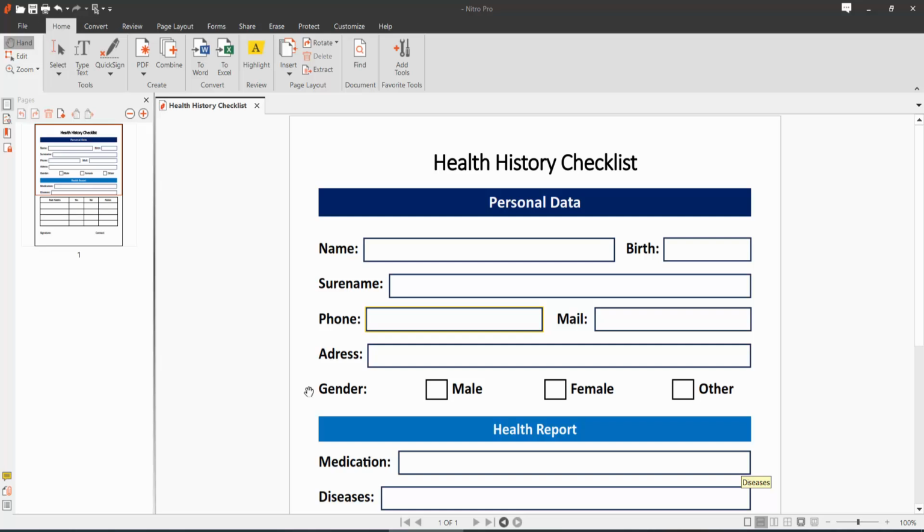Hello everyone, today I will show you how to fill in or fill out a fillable PDF form using Nitro Pro PDF Editor. Open your fillable PDF form with Nitro Pro PDF Editor and click on this fillable text box and type your text and type name, and this is birth date